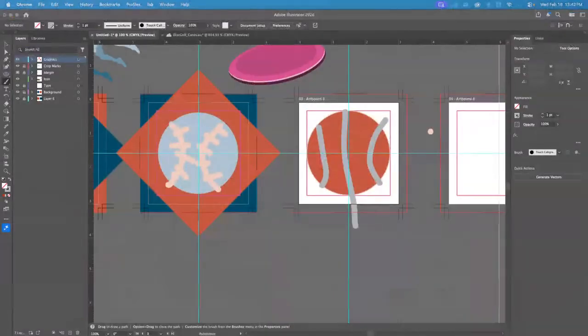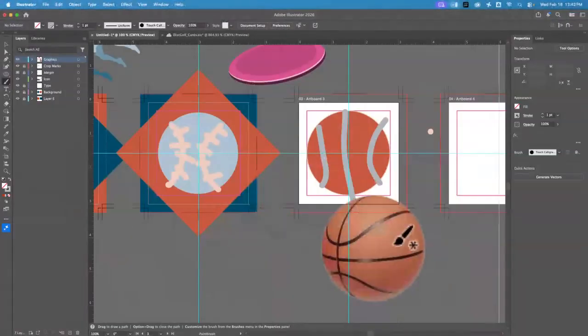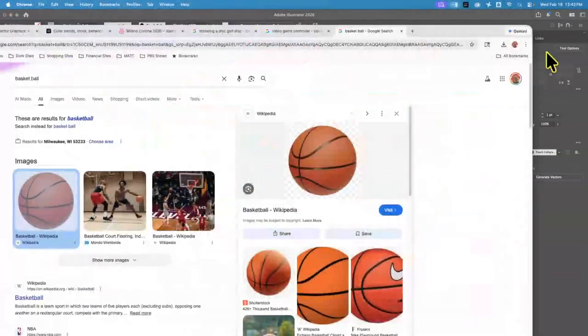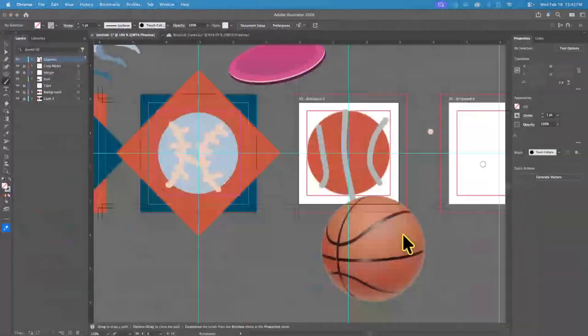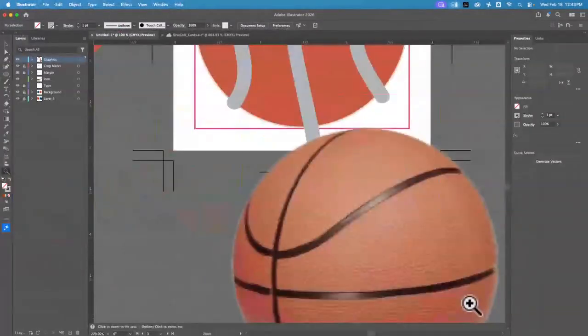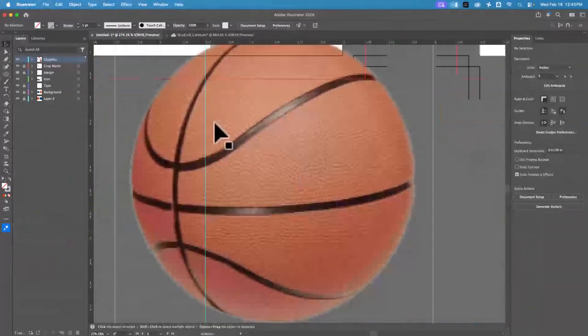You just pick one and drag it right on top, drag it right in there. I can draw right on top of this basketball. I literally just pulled it, whoop, right in it. It works sometimes, not all the time. But then use this as a perfect reference. So if I was going to do a basketball and wanted it really pretty accurate,